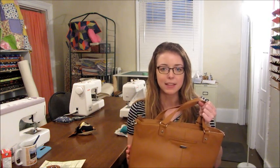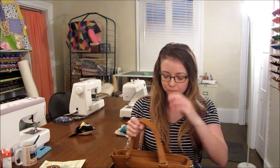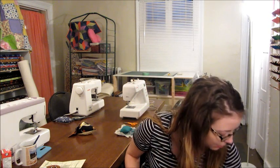I'm usually a large purse person. I like bigger bags. And last year I bought a nice small black crossbody from 31, and I have been using it a lot more than I ever thought. So now I'm kind of getting used to having a smaller bag, but I wanted something more mid-size, and this is just absolutely perfect, and I love the color because it's very versatile. You could use it in the summer or the winter. So that was the Miles of Style bag in caramel. And now I'm going to show,